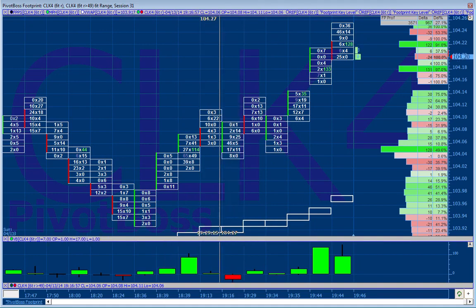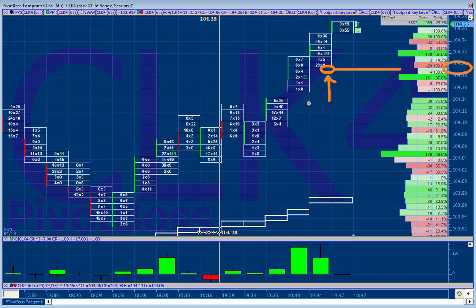But basically what's happening here is these are orders that are being transacted at the market. So 133 right there, that is 133 contracts that went through at the market for crude oil at 104.18. Basically, these are aggressive buyers. Those are buyers that are lifting the offer. So basically, they're placing a buy market right now. Buy at the market right now because I can't wait to get into this price. So that's what that number is.